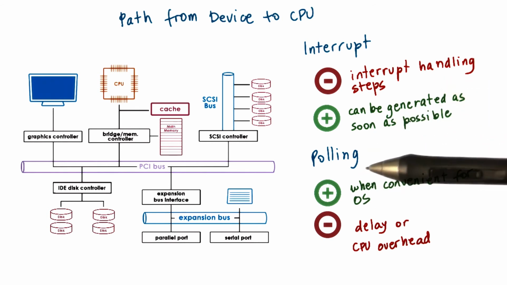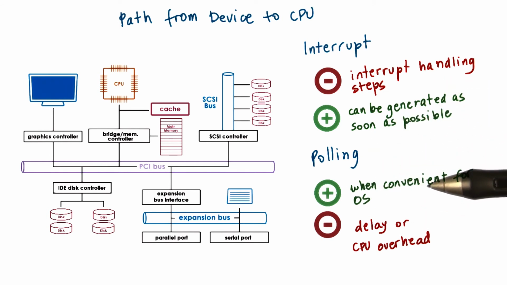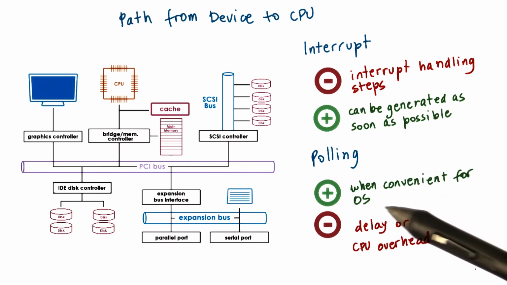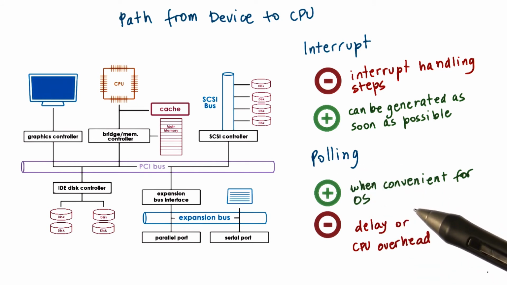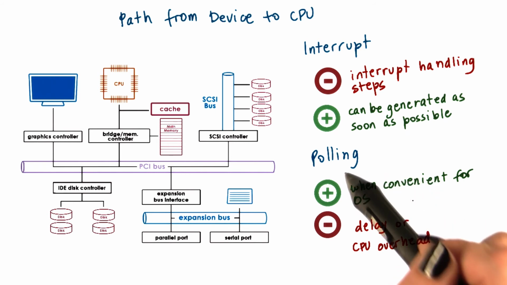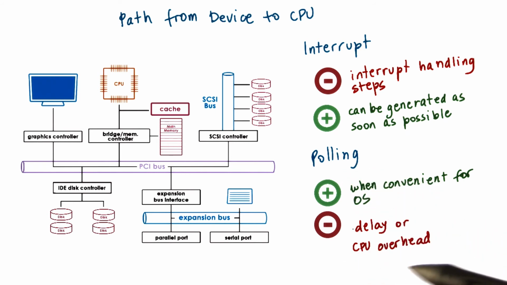For polling, the operating system has a possibility to choose when it will poll, at some convenient times, when at least some of the cache pollution effects won't be too bad. If that is the case, then that's great. Some of those overheads will be removed, but potentially this will introduce some delays in the way that event is observed and in the way that the event is handled. The opposite, just continuously polling, will clearly introduce some CPU overheads that may simply not be affordable if there aren't enough CPUs in the system or if the system is busy otherwise doing other things.